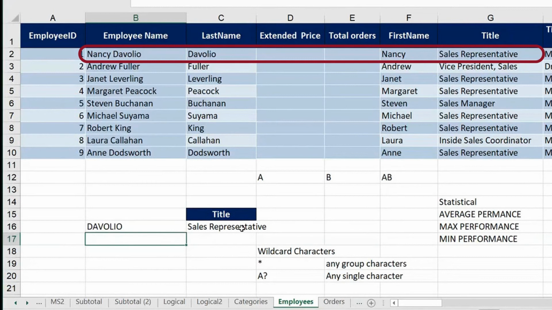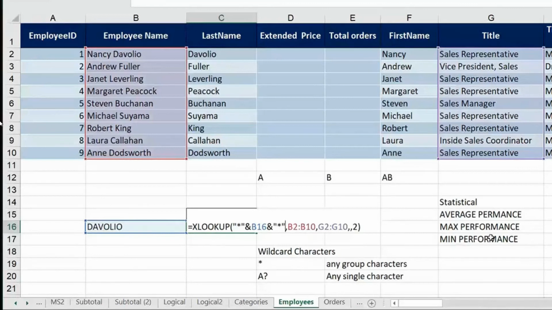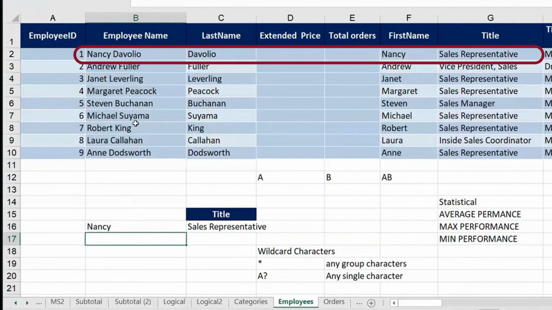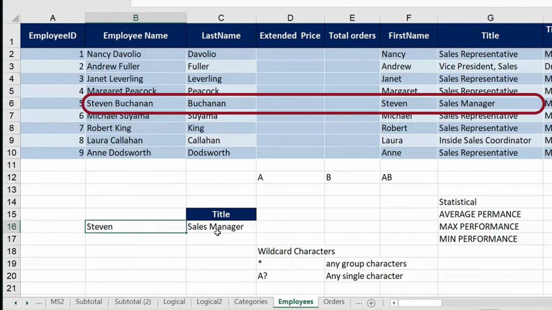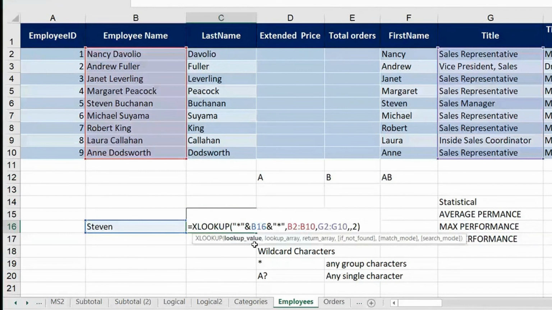So here I can also put another star at the end. What's the meaning of this? Anything starting and ending with. If I also put the first name, Nancy, it still works. If I put Stephen now, it works too. Is it not a wonderful option, guys? Many a time in VLOOKUP, you were thinking, can I just put a part of some name? Will it work? With VLOOKUP, sorry, I can't. But I can really make this work in a great way with XLOOKUP, using these techniques and adding the match option.